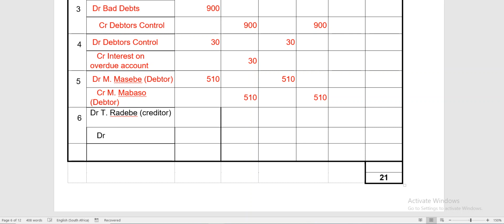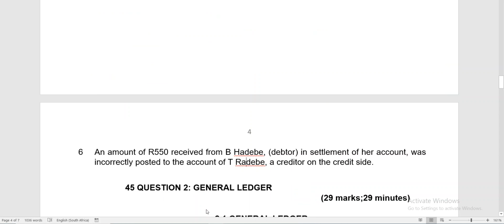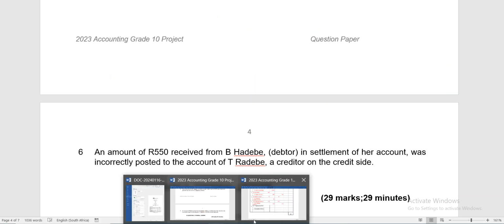Okay, so we create the account of B Hadeb. Remember, this person is a debtor. Okay, so because we said we are going to credit, sorry, that's supposed to be credit, to credit the account of B Hadebe, a debtor. It means that in terms of the amounts that we have here, the amount is 550. So that 550, when we come here,